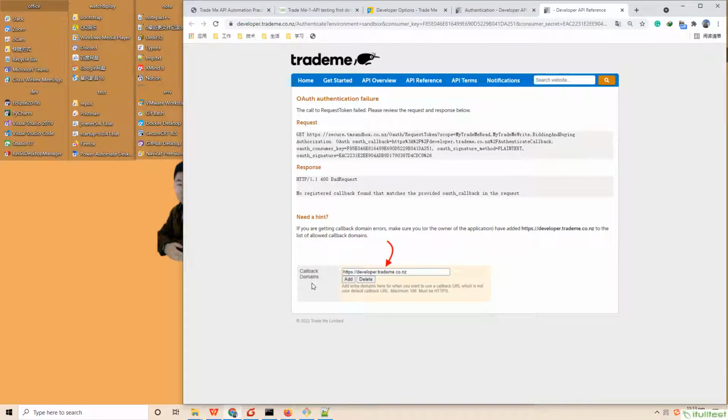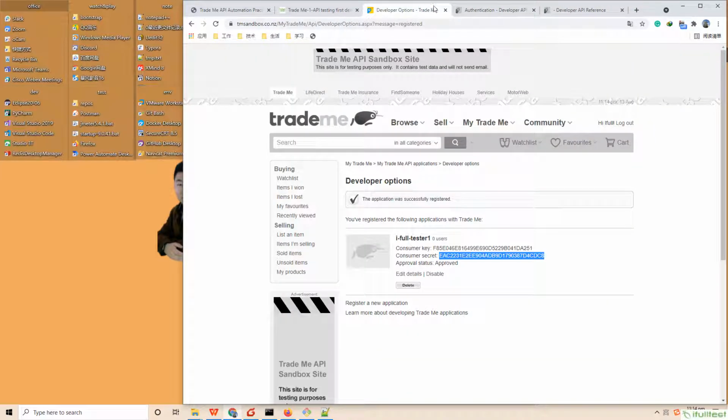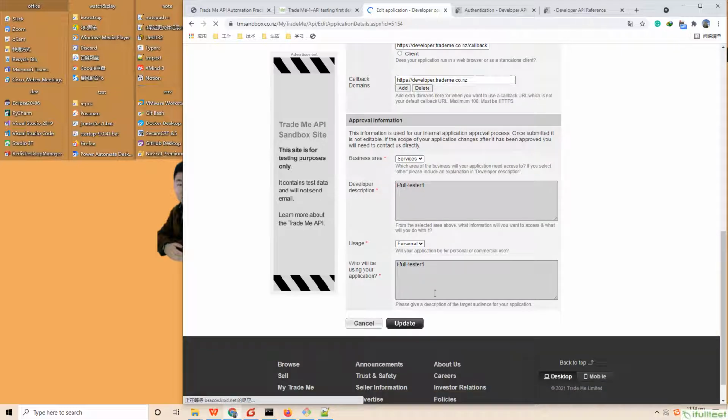See, our callback domains need to have some adjustment. Yes, we have some unnecessary extra info.